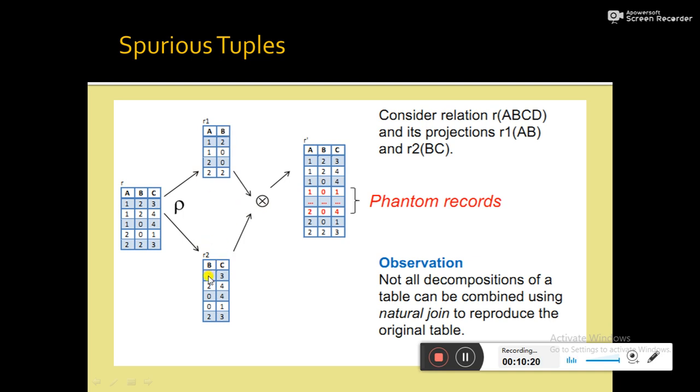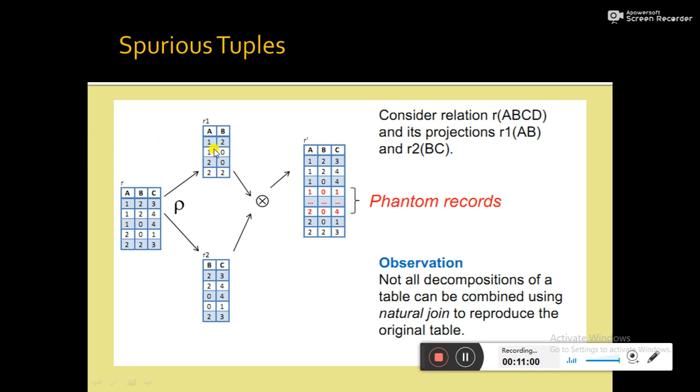And what guideline 4 says is that while joining two relations, the joining must be done based on equality condition on the attribute which is either primary key or foreign key of any one of the relations. If you look at the table, the common attribute here is B. So B should be either the primary key of R1 or a foreign key of R2. Means the common attribute should be either primary key or foreign key in any one of the relations.